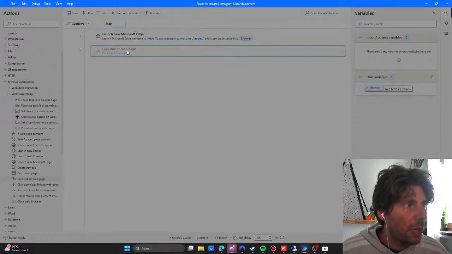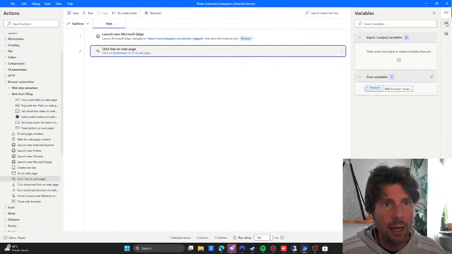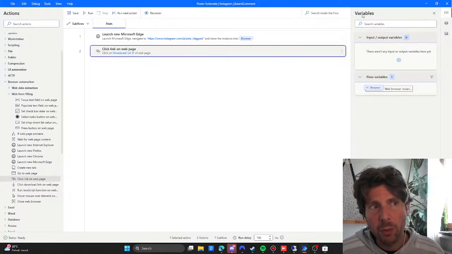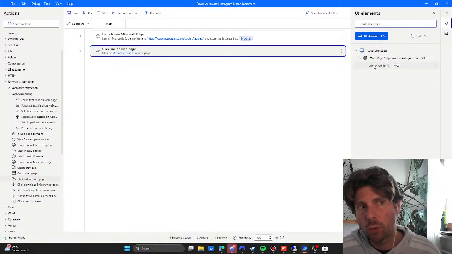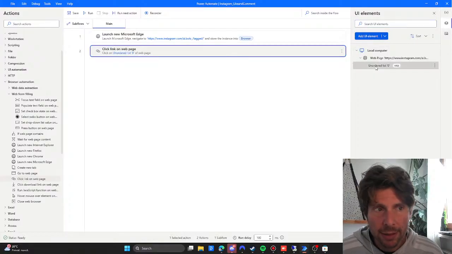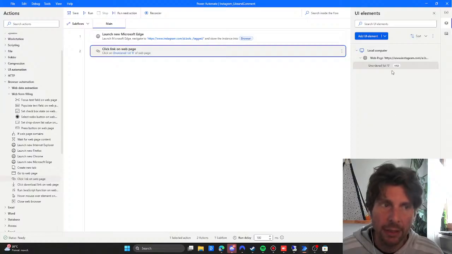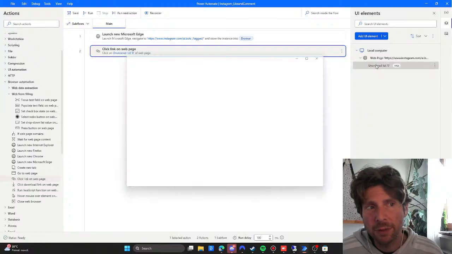All right, I'm going to save this. We saw the actions on the left side. On the right side, we have variables. This is where some information variables are going to be stored, and also the UI elements, connections with the browser that we created. This is the first connection that we created. We can see a screenshot of it right here, and if we double click inside of it, we can see